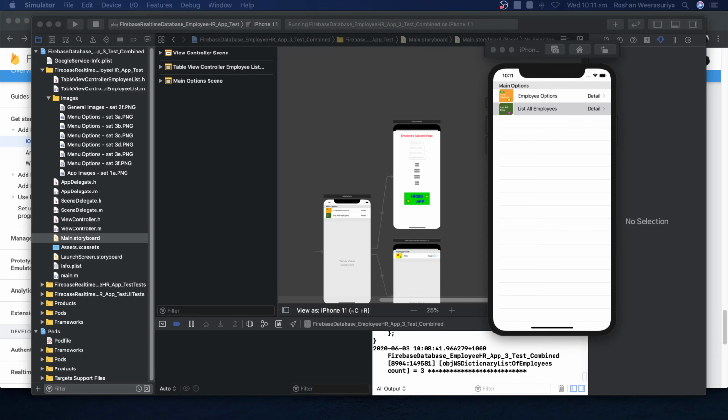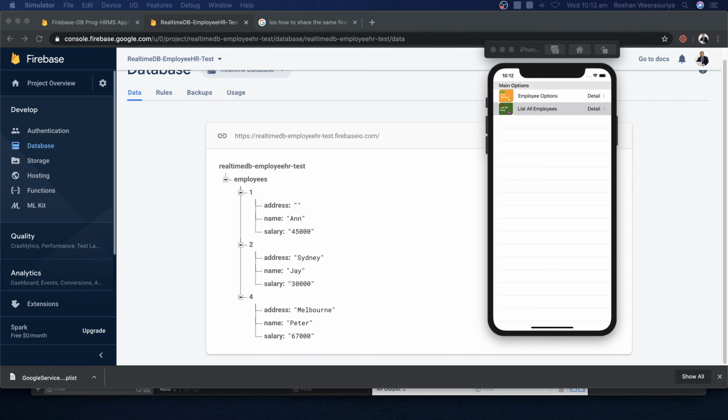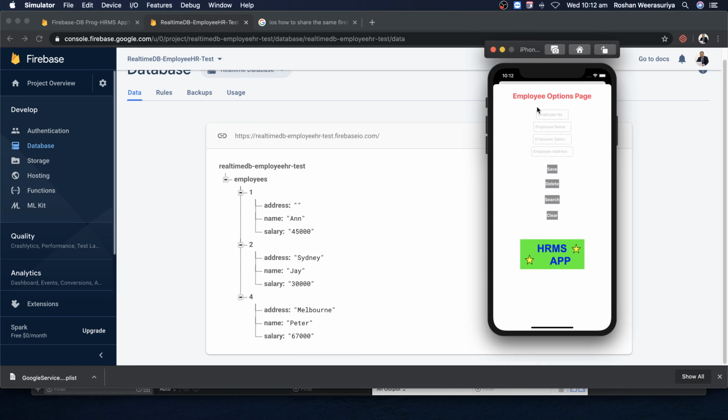Hi viewers, let's see the app we are going to develop in the next couple of lessons. The app is connected to the Firebase database. You will see there's a main menu where you have employee options and listing all employees. This table view controller we have put here. And when you click on employee details, you will be taken to a page where you can add, insert, search,